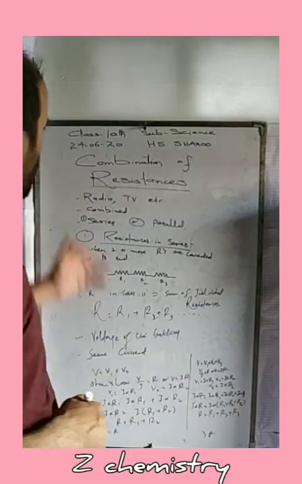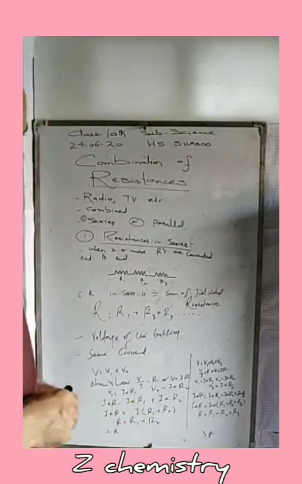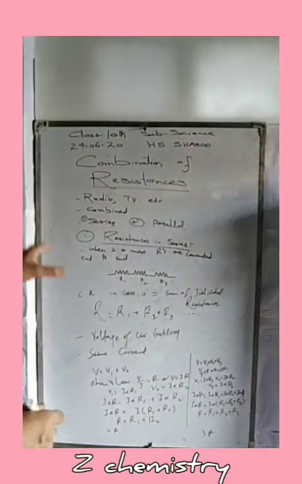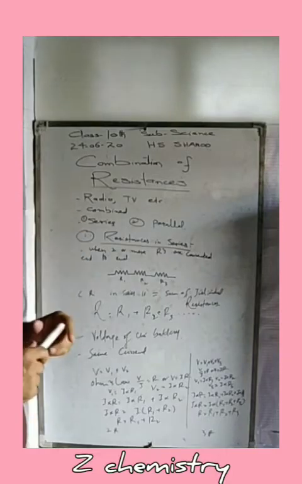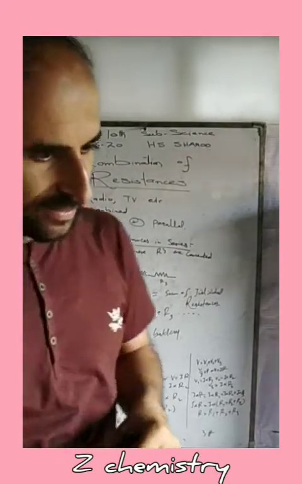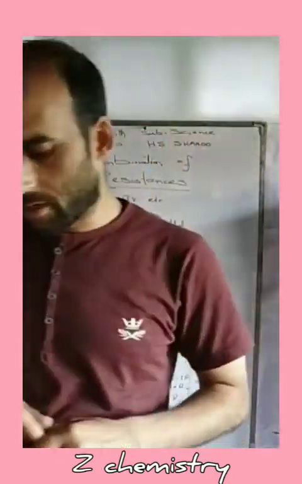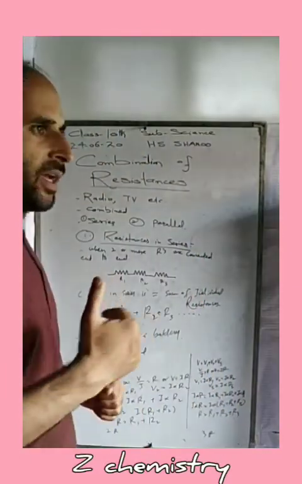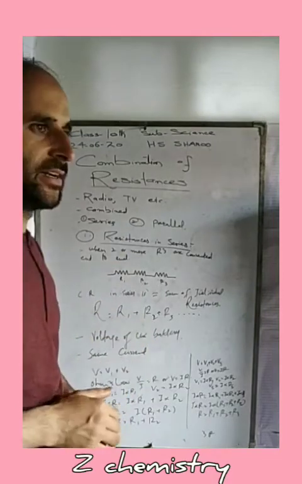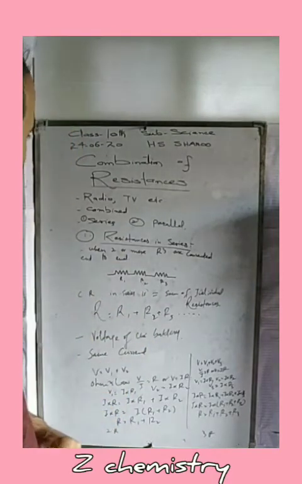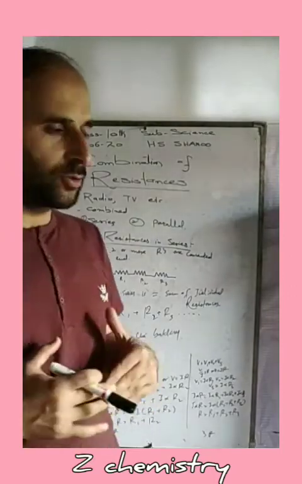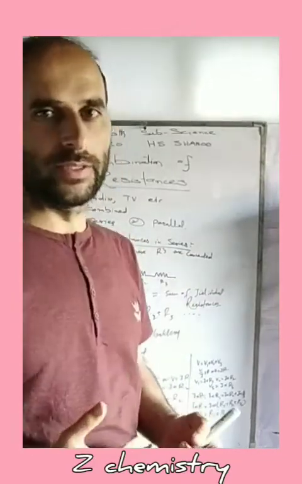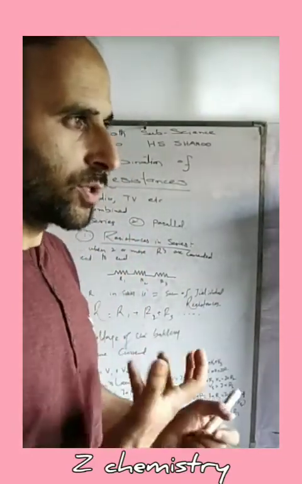Today we are going to discuss the combination of resistances. As in the last topic, we discussed that current through any conductor or circuit depends on the potential difference. Besides this, it also depends upon another quantity called the resistance of the conductor. Hence, in order to get the required amount of current, or to stop the flow of current, or to stop the obstruction of current,